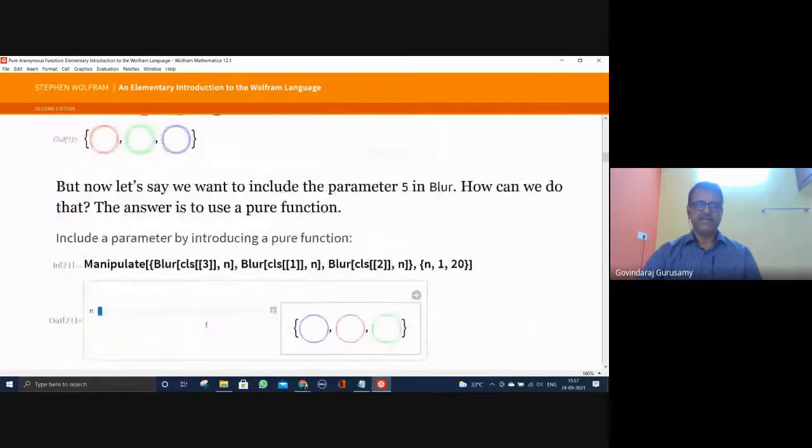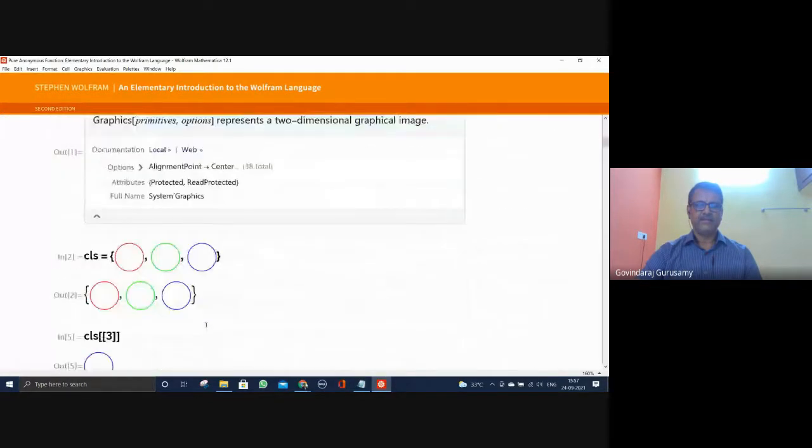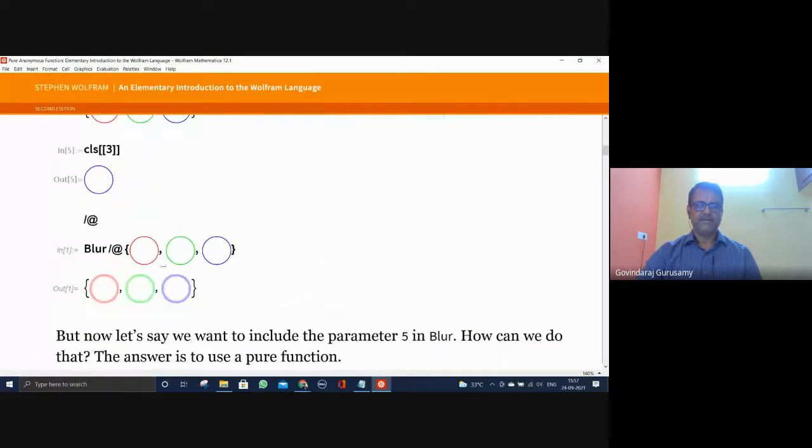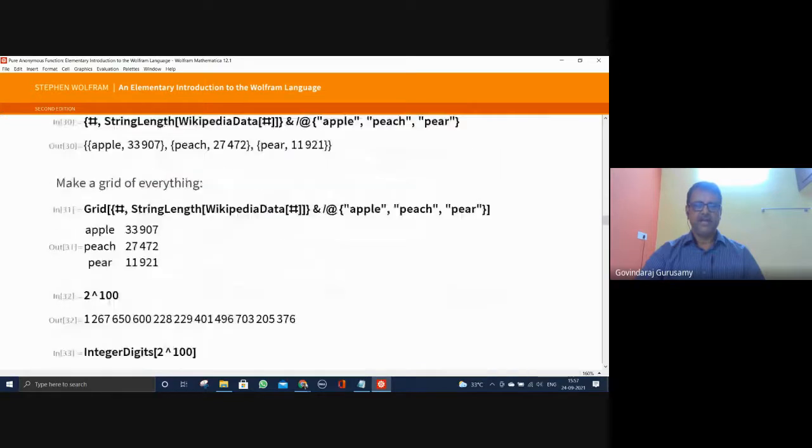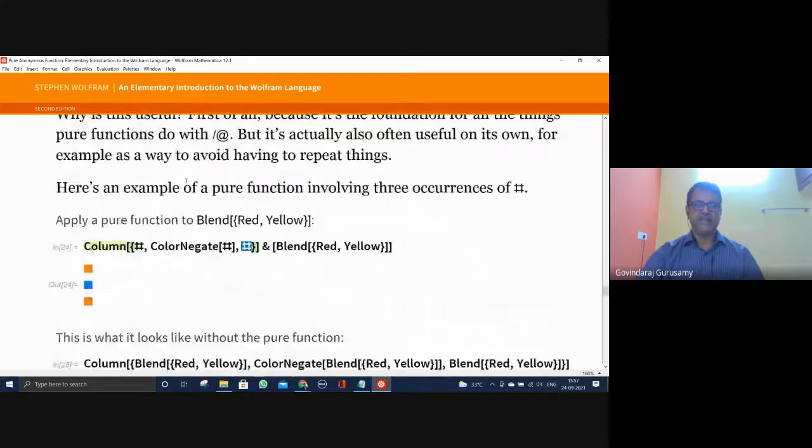Take it out one by one and look at things. Try to have an understanding: oh, this is the purpose for which this pure function is. Similarly with the other functions. There are many things that have been given in the 38 lessons. Every one of them has the vocabulary part at the end.